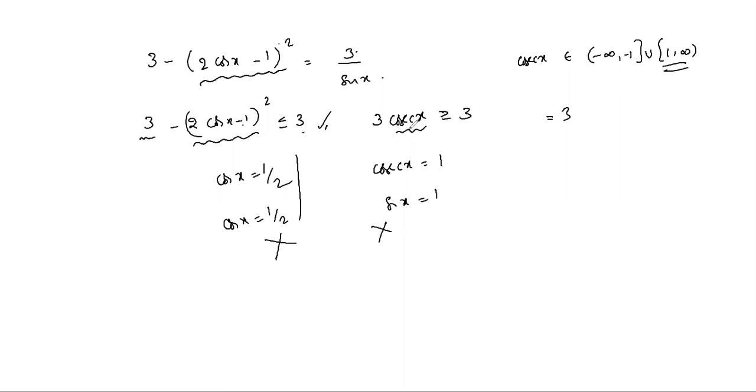Cos x equal to 1 by 2 and cosecant x should be 1. So cos x 1 by 2, sin x equal to 1 for both the same values of x. Then only we can solve this equation. Here this is x, here this is x. If you give the same value to both the equations, then only we will get one solution. But we won't get it like this. Cos x 1 by 2, sin x 1. So no common solution means the number of solutions is 0.